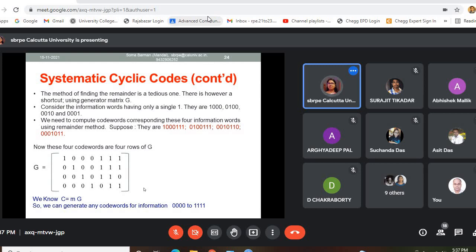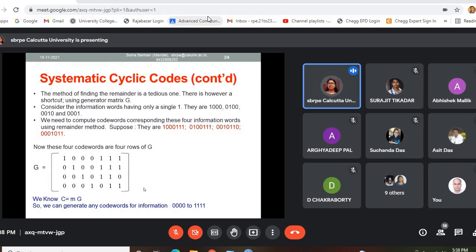And if it is 4 bits, obviously there are 16 combinations, so 16 divisions. If it is more than 4, it will obviously increase. If it is 5, 2 to the power 5, 32. If it is 6, then also it increases, like that. So the job is very tedious, in a monotonous way you have to divide by the generator polynomial. Instead of that, here also comes the basis function.